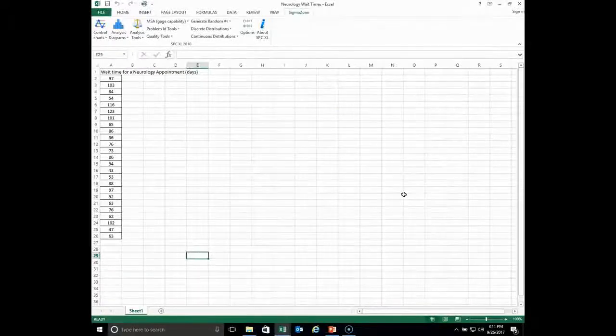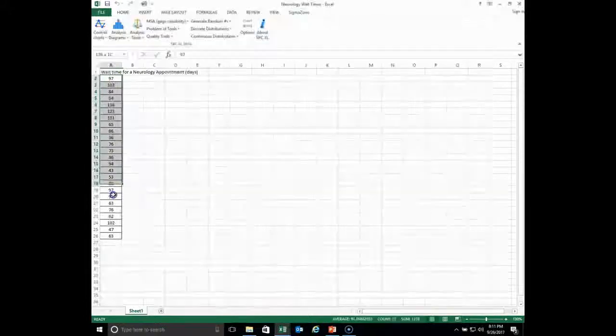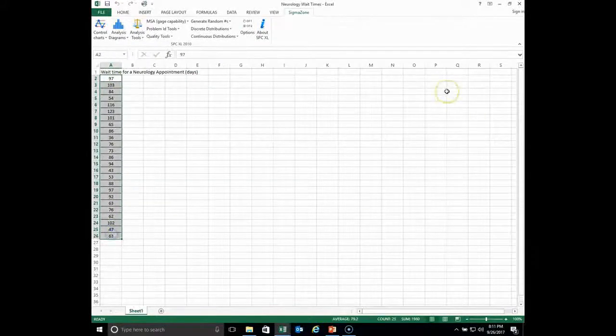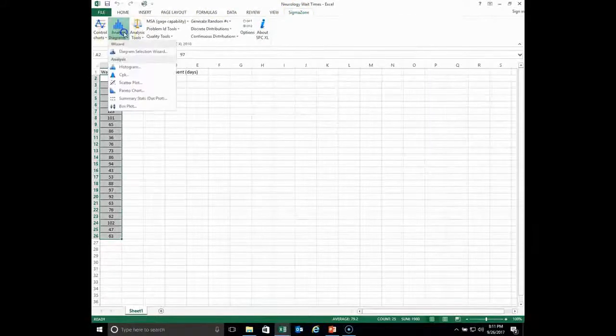We're now looking at an Excel spreadsheet with 25 data points on it, and the way to get the histogram for this data, as instructed before, we're going to highlight the data. I'm in the habit of doing that. By the way, you do not have to highlight the data first if you don't want to. You could select the tool first, such as I'm going to do right now, going to Sigma Zone, Analysis Diagrams,